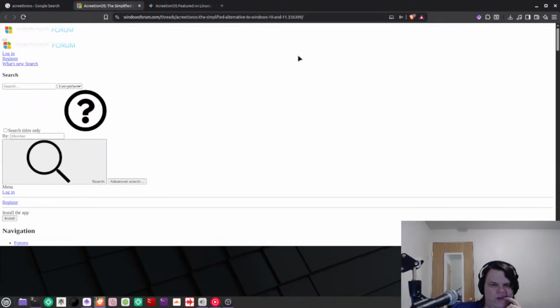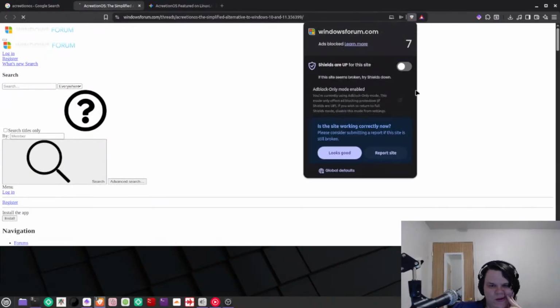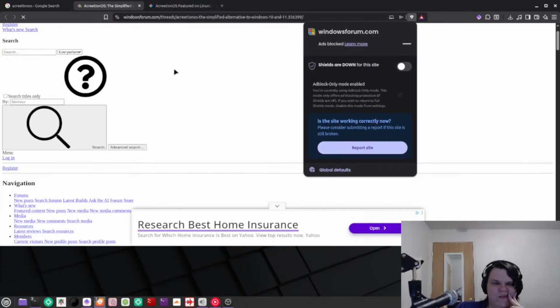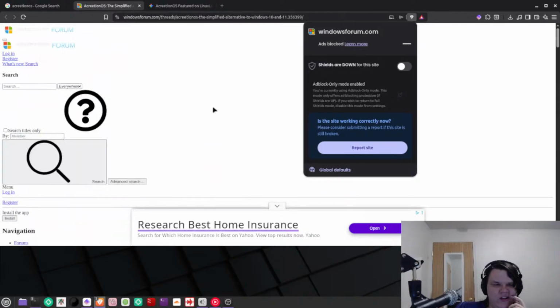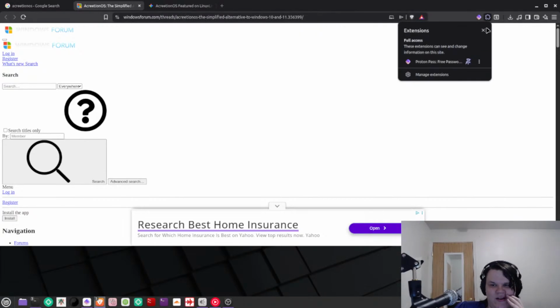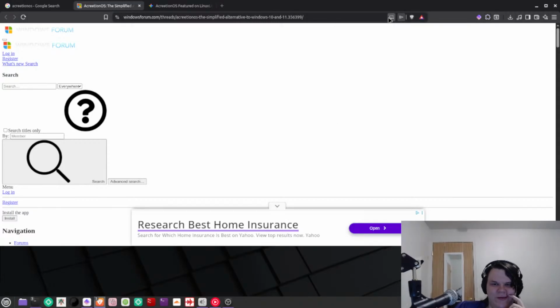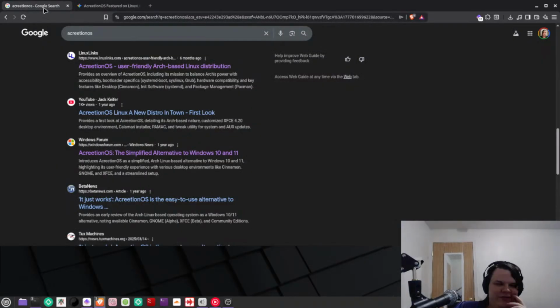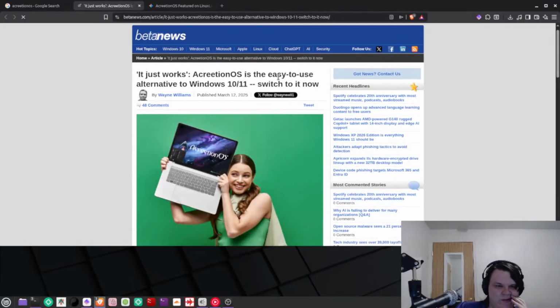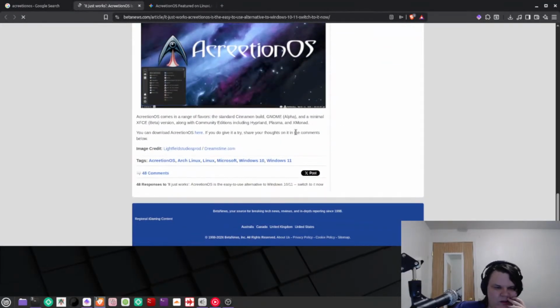Damn. It's loading the HTML, not the CSS. So weird. Why is it doing this? No, there's no extensions. I keep blocking it. Okay, I'm sorry, but I'm not going to leave a comment if it's like that. We'll do this. Maybe it's totally fine. Let's see what they said.